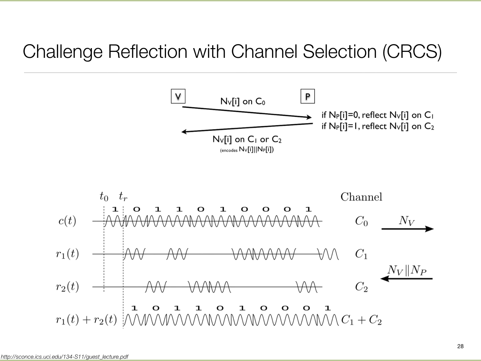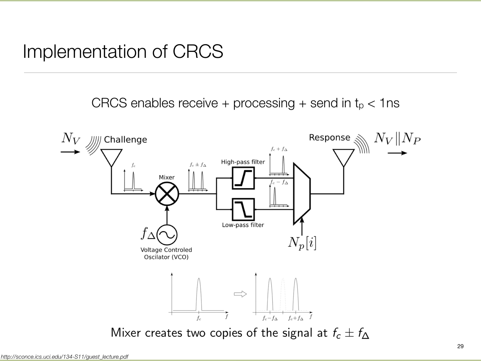So now all I'm doing is controlling some sort of a switch, and that could all be done in the analog field. So actually you can do these things with nanosecond type delay, sub-nanosecond delays. So no modulation, demodulation, whatnot is needed. This is one realization of it, where they show that they can achieve it at less than a nanosecond. Interestingly, all this work was done by a group of computer scientists. This is not electrical engineers doing it.